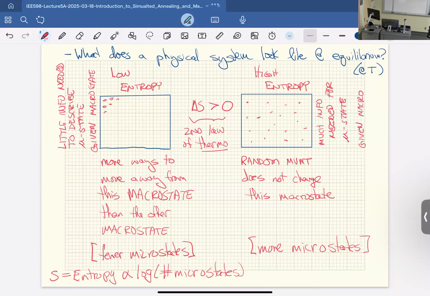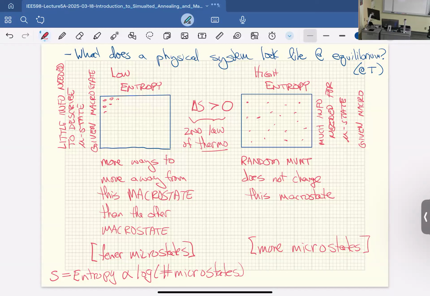So what I mean by that is if I tell you that we're in this macro state, then there are very few microstates that it could be. So you could say, oh, you're in that one where it's the pink up in the corner. Then you can say, well, there's only like 6 ways that pink could be up in the corner. Which of the 6 are you? And so at that point, if I give you 3 bits of information, I can get all 6 of those, and I've still got some information left over.